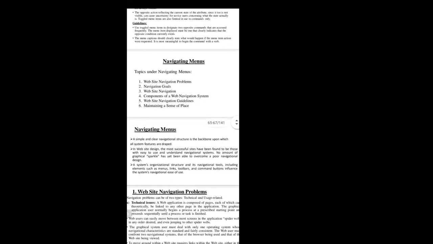It is very important for us, right? If you are using a proper structure, then everything will be good. If we are not using a proper structure, then the user will find it very difficult to use your menu, right? The second point: in website design, the most successful sites have been found to be those with easy to use and understand navigational systems.